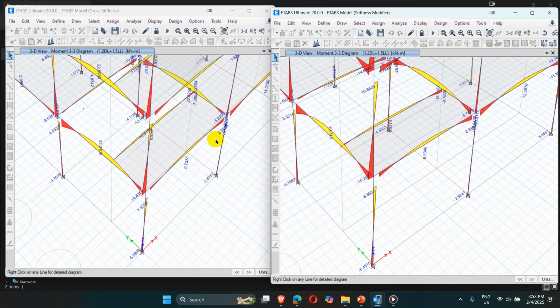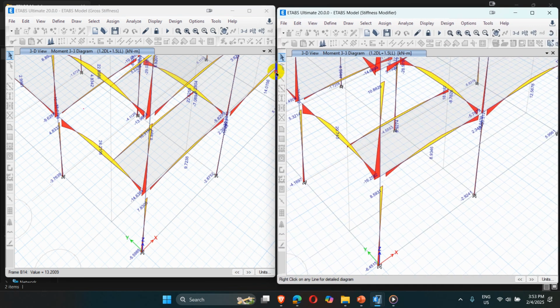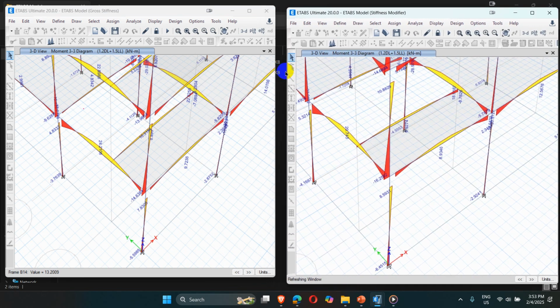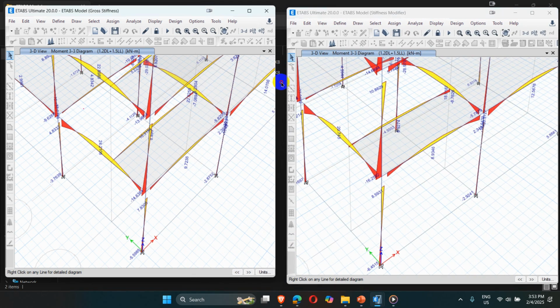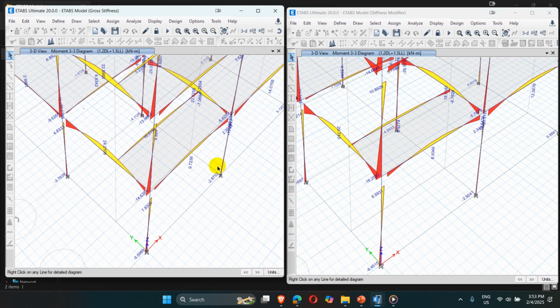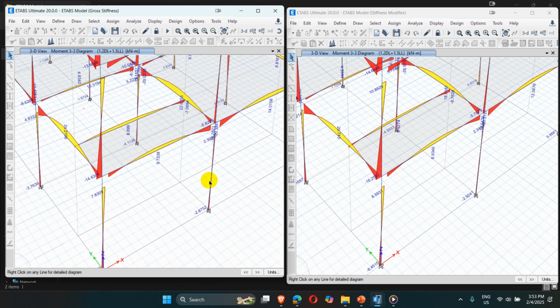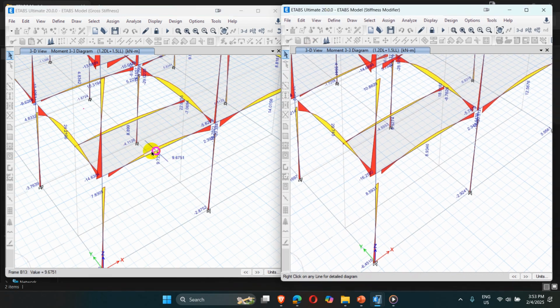Okay, yeah, the first is the moment with gross stiffness, and the second one is the model